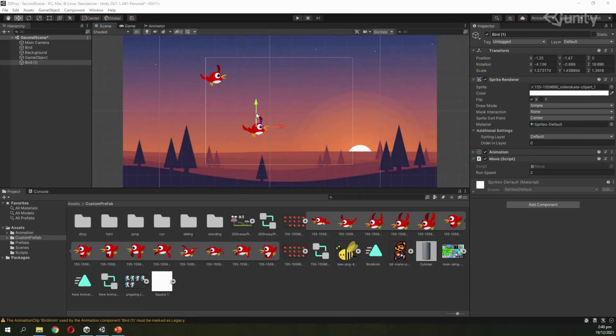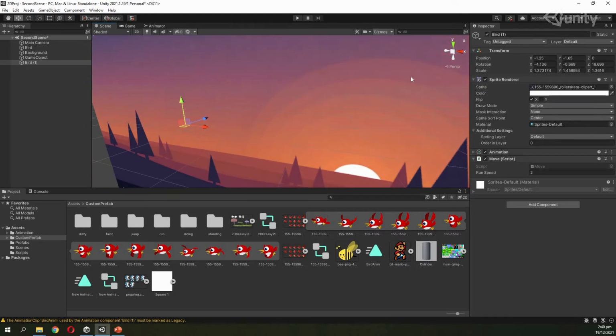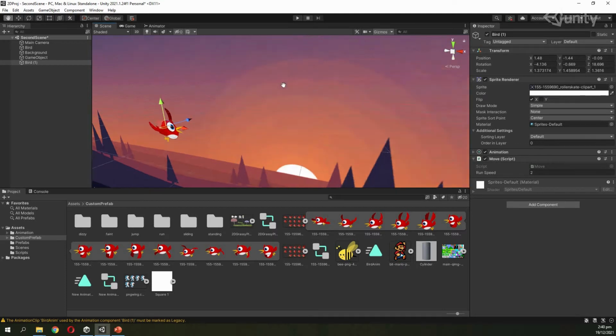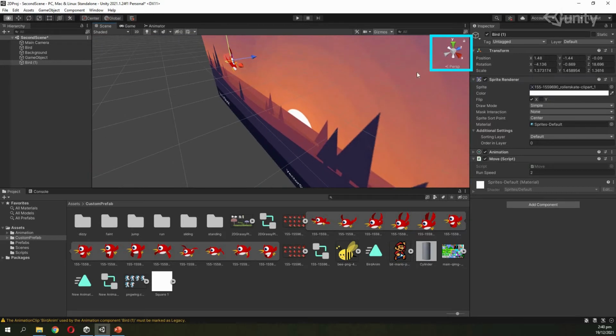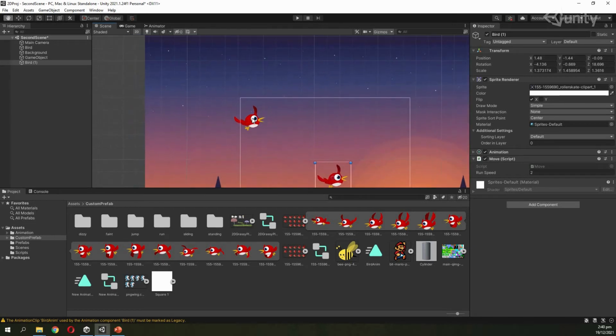Another thing is the color on this arrow represents the axis. If I go to the 3D view, the green color represents the y-axis, the red color represents the x-axis and the blue color represents the z-axis. And you can also see this from this gizmo, that if I change it like this, X is the red color, Y is the green color and Z is the blue color. I will go back to the 2D view